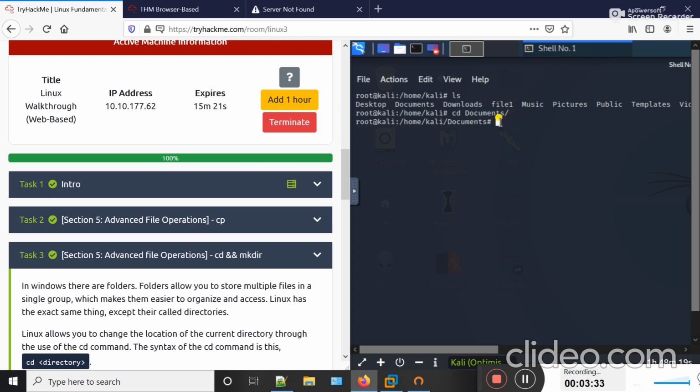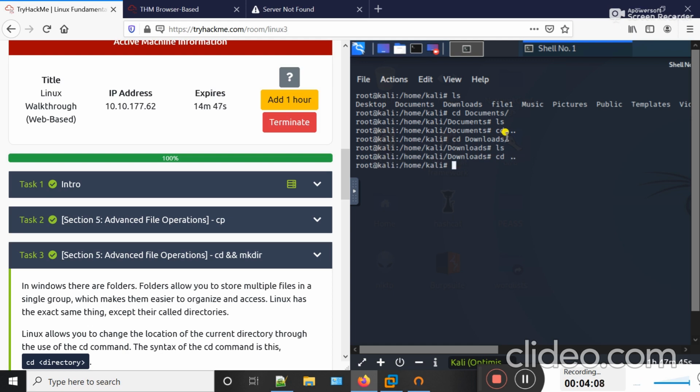If I type ls and hit enter, there is no content present in the Documents folder. If you want to switch from Documents to Downloads, I just type cd .. to go one step back, and then I can use cd and type Downloads. If I type ls and hit enter, there is no content present in the Downloads folder.